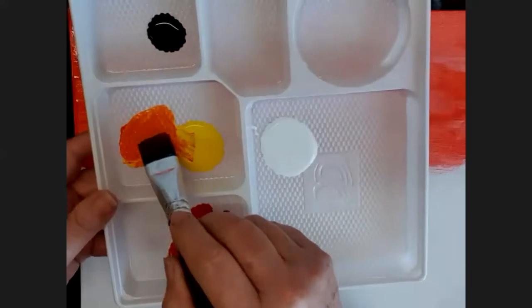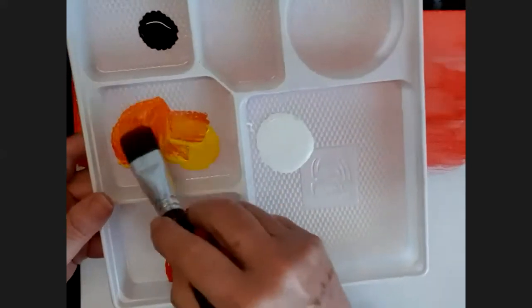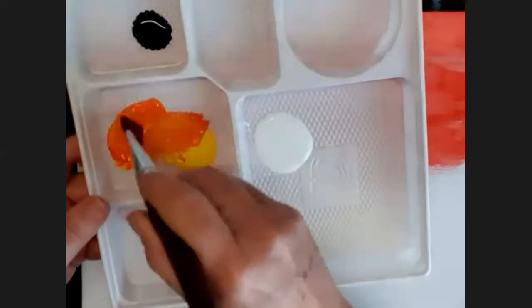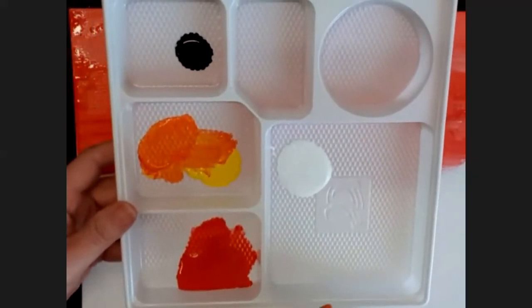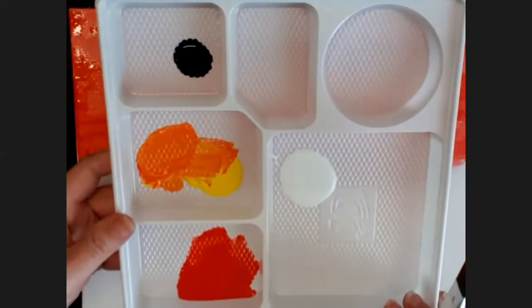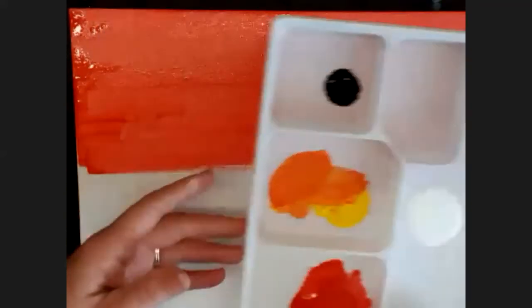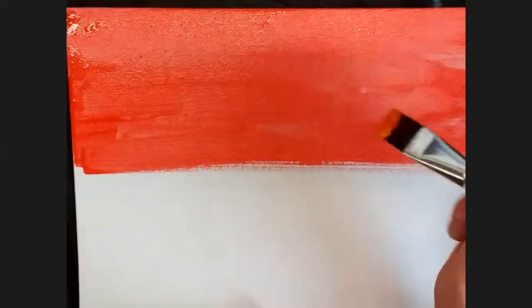You can see it's quite a dark orange. A little bit more yellow, mix it in until I've got a nice orange. You might have to add some more yellow in at a later stage. So I've got a nice orange there. Make sure you get a nice orange. How beautiful. Yeah, lovely. And then when you're happy with that color,